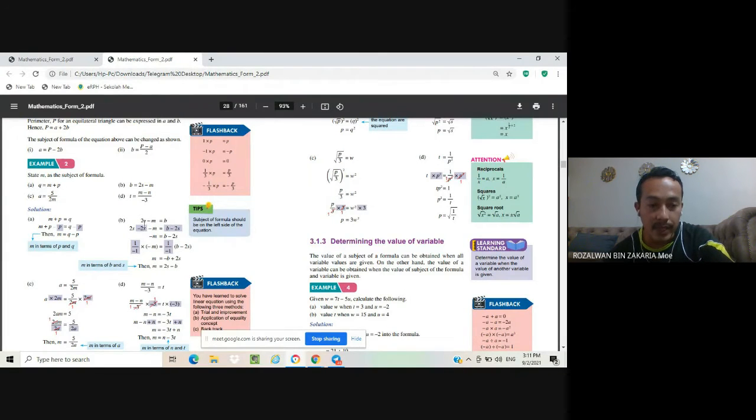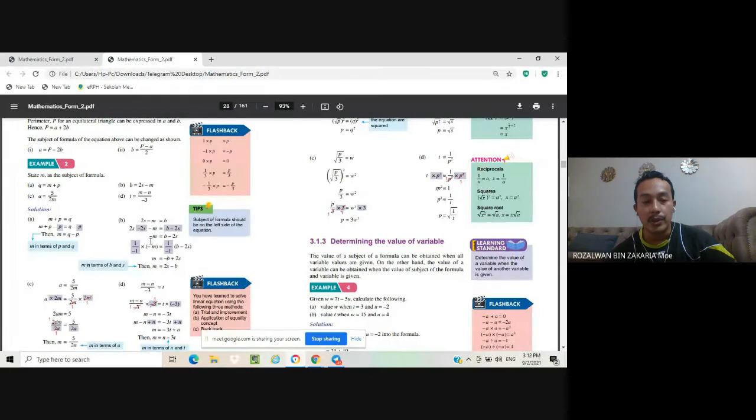All right. So look at this one. We want to cancel 2S. So how to cancel 2S? Look at 2S, is it positive or negative? It is positive. That means we have to minus 2S. That's why here is 2S minus 2S minus M equal to B minus 2S. Remember when on your left side you minus 2S, on your right side you also have to minus 2S. Okay, so 2S minus 2S becomes 0. So this one equal to minus M equal to B minus 2S.